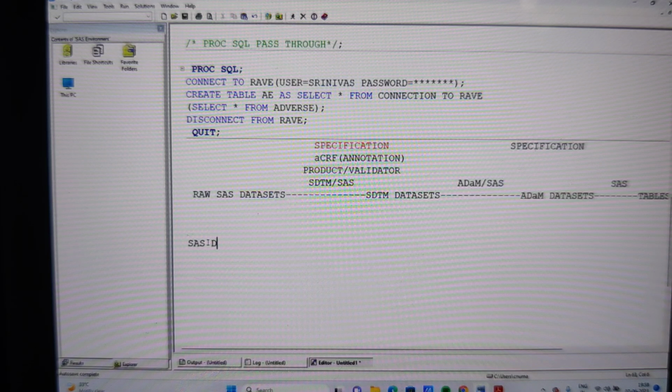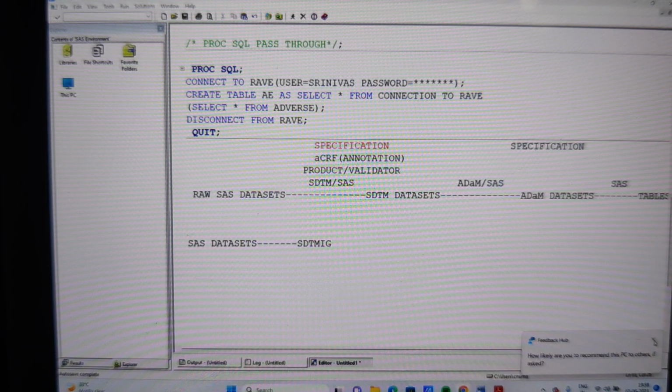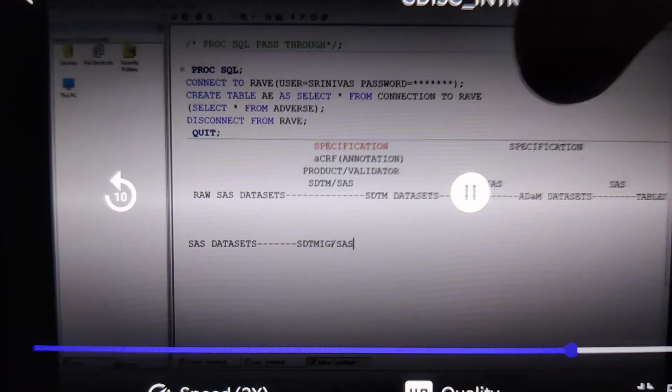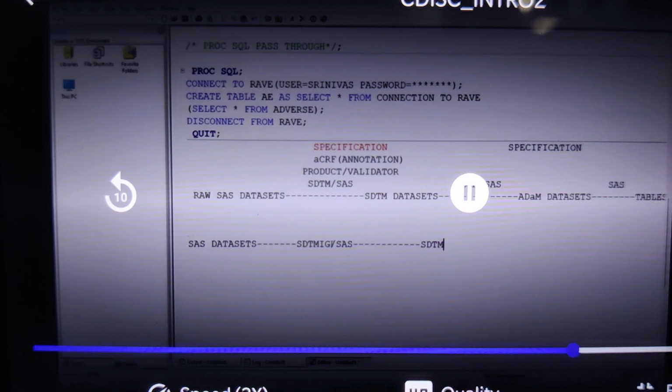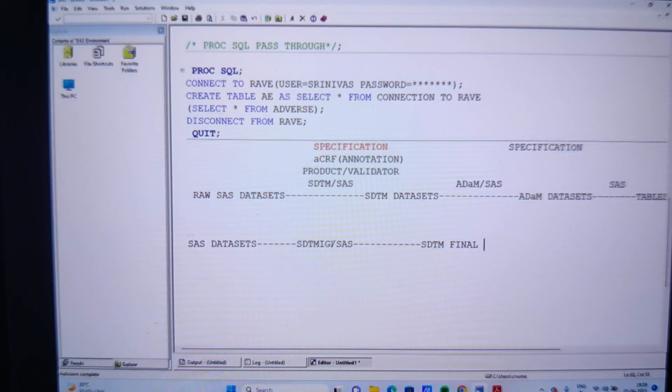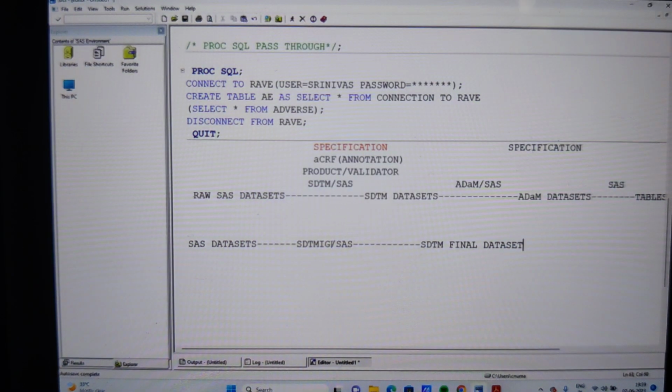Now, where we are going to start our project, I'm going to provide the data sets, by the way, SAS data sets. And after giving the SAS data sets, I'm going to explain what is SDTM, what are the values that we have. I'm going to explain everything. From the next class onwards, yes, we are going to start with SDTM. And since we already know about SAS, I'll help you to write the code. By using SDTM containers and our SAS skills, we are going to convert these SAS data sets into SDTM final data sets. That is our first step. The next 1 month, we are going to work on this one.